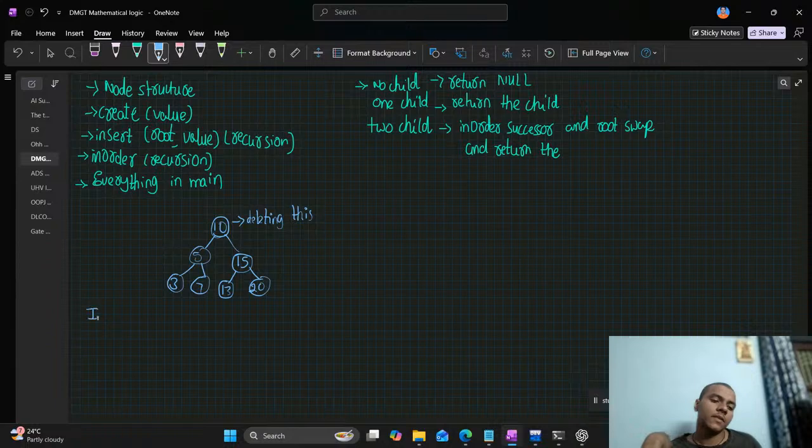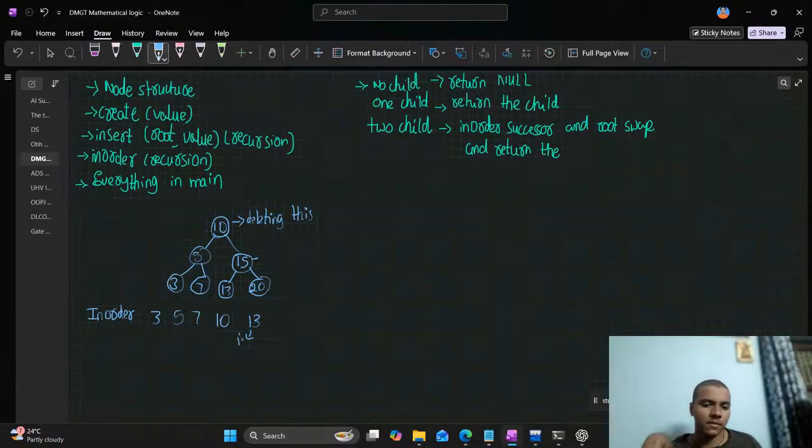So if you look at the in-order traversal, it will start from here. There is left, it will go here. There is left and there is no left. It will print the root. It will go to the right and then it will print the root and it will go here. This is 15 and 15 has left. Then it will print the 13. So 13 is the in-order successor